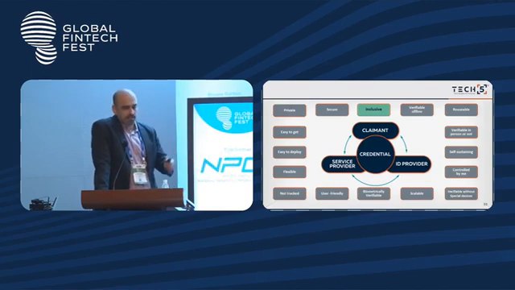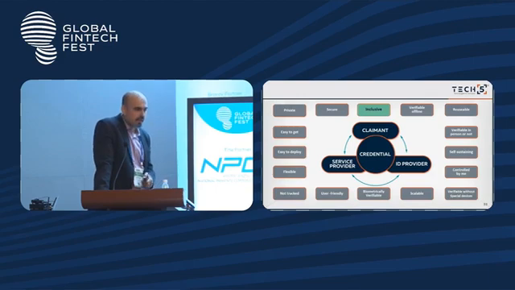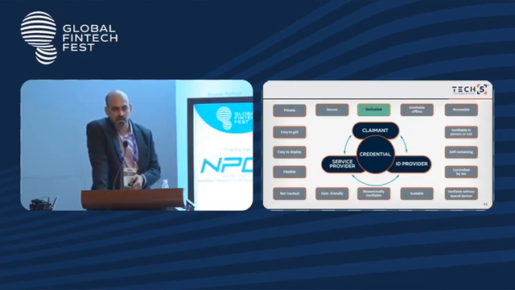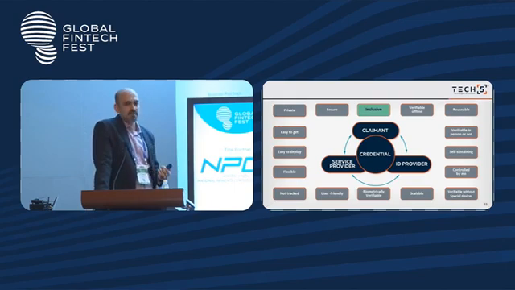So I'll not go into each and every characteristic of a digital ID over here, but some of the important things: obviously it should be inclusive. It should be reusable, so that once it is issued, you should not be required to go and create a new one each and every time. We have seen that in some cases where websites allow you to log in with your Gmail account or a Facebook account. It should be self-sustaining.